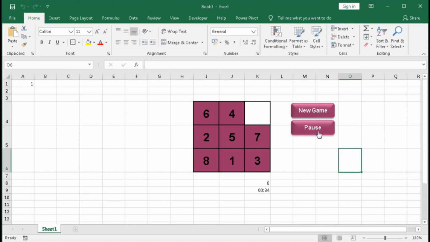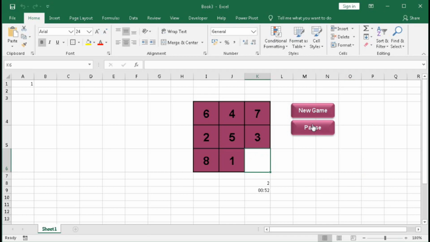Now when we click pause, you can see the timer stopped and this value becomes 0. Again when we start playing, you can see the timer started, pause, stopped, playing, started, and this way everything is changing. So we have created the timer also.